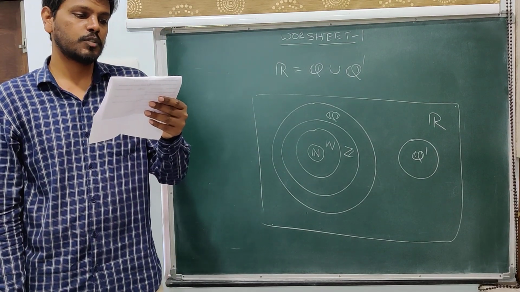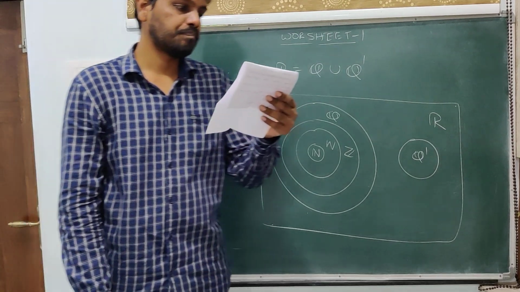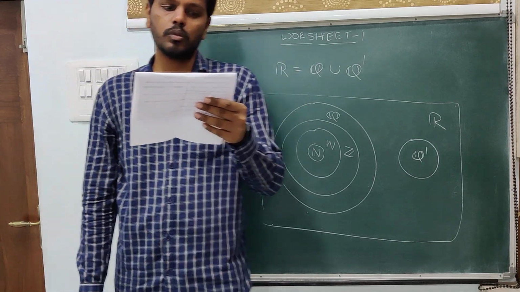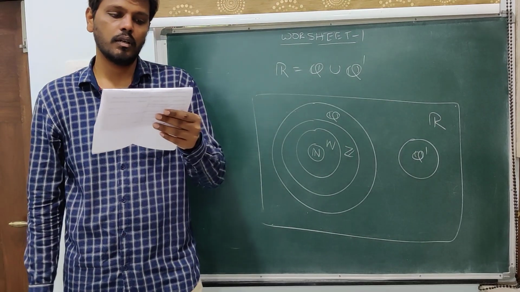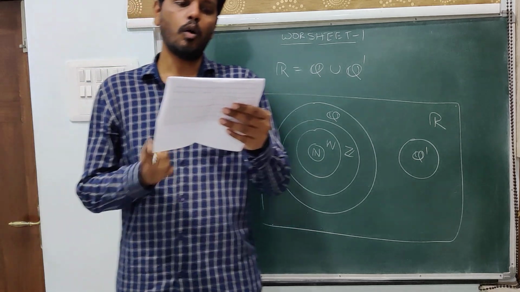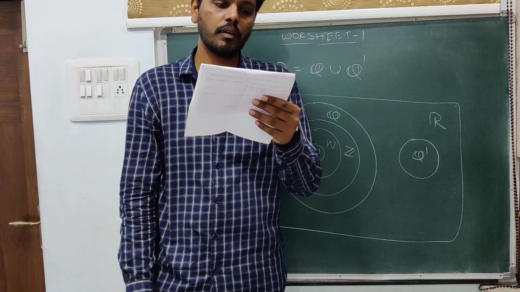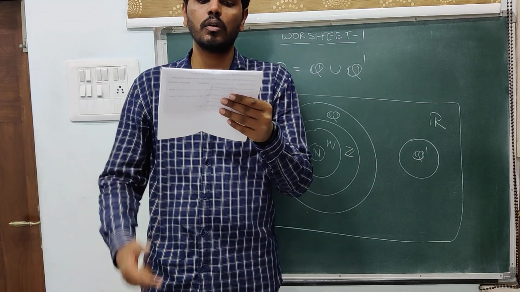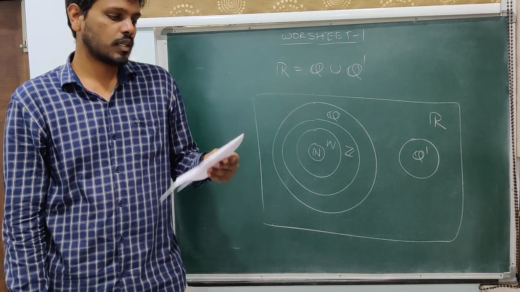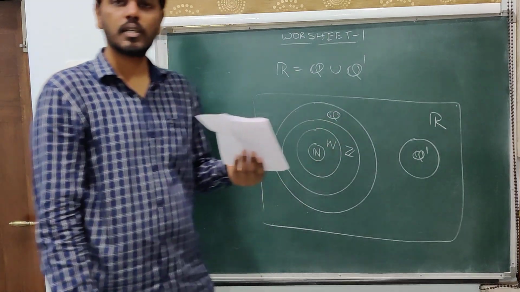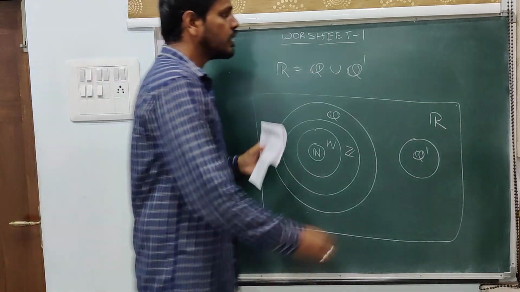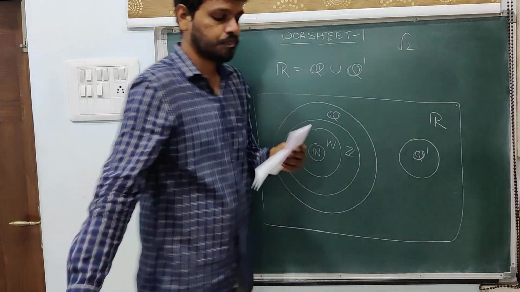Next, give an example to disprove the following. Look at the first one. All real numbers are rationals. So here any irrational number will be the answer. You have to give an example that is opposite to the given statement, that is, all real numbers are rationals. So you give an example from irrational numbers and that will suffice. All real numbers are rationals, that is false because there are irrational numbers which are not rational. So the example is any irrational number, say root 2.